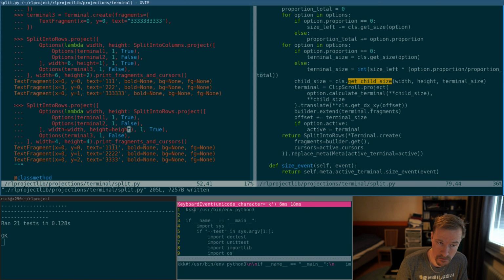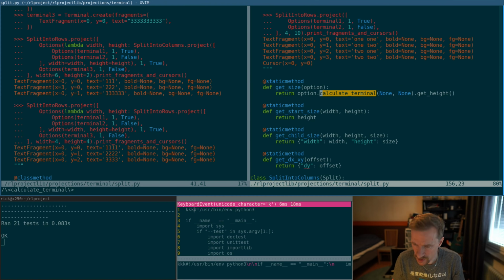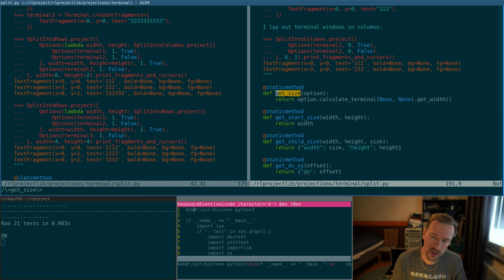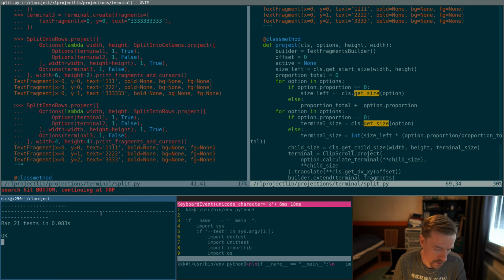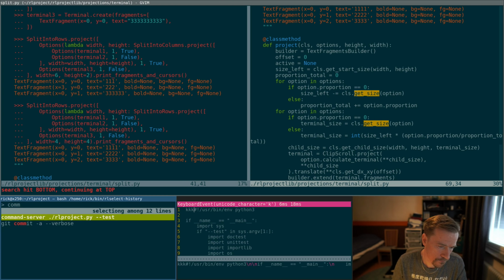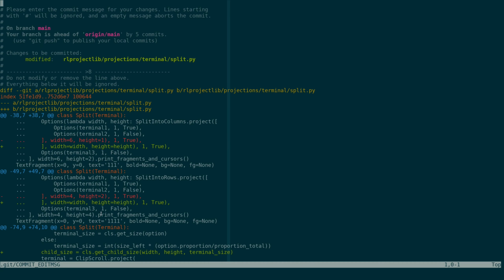Yeah. Yeah, the only place we use calculate with incorrect arguments is when we call get size, which we only do if the proportion is 0. So I think maybe we have solved the problem for the cases where the proportion is not 0. So let's commit this and say